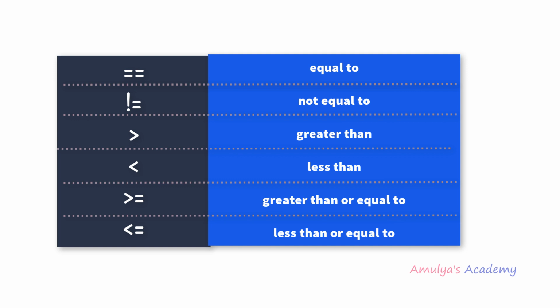You can use these relational operators with the floating point numbers also, but sometimes you may not get accurate values because of the round off errors. So when you round off the floating point values, you may not get accurate value, and because of that you may not get proper output sometimes. So you need to be careful about that while using the relational operators with the floating point numbers.